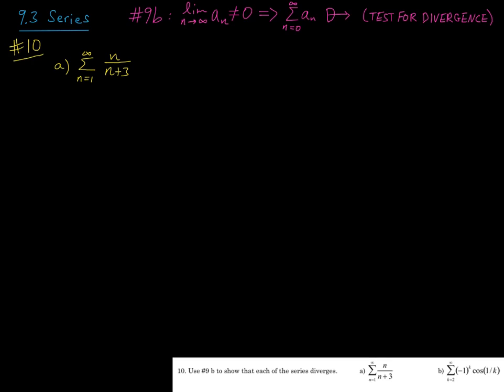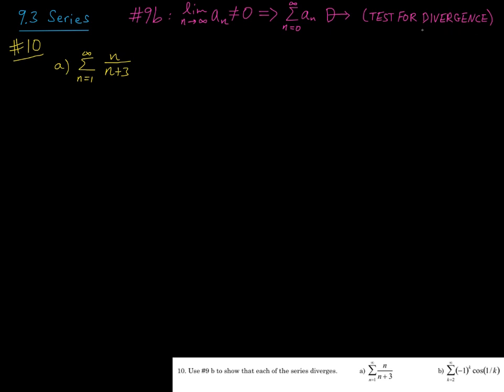Next up is question 10. It says, use number 9 part B to show that each of the series diverges. And a reminder there, in number 9 part B, we prove that if a sub n does not approach 0 as n approaches infinity, then that implies that the series of a sub n diverges, and we call this the